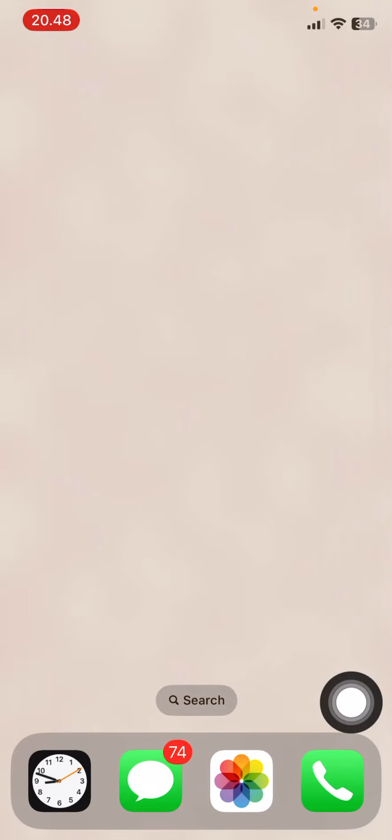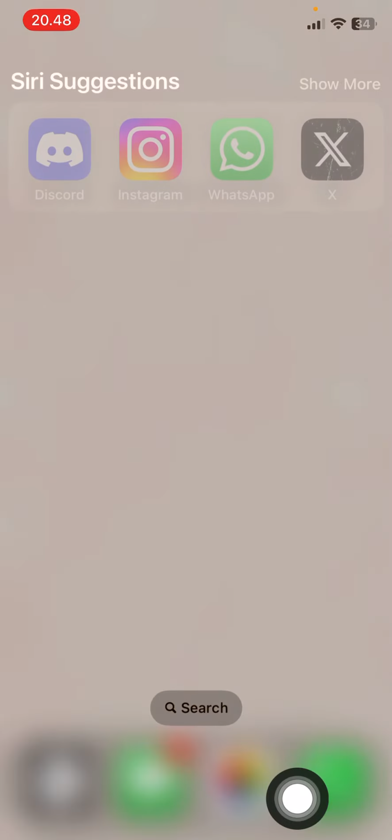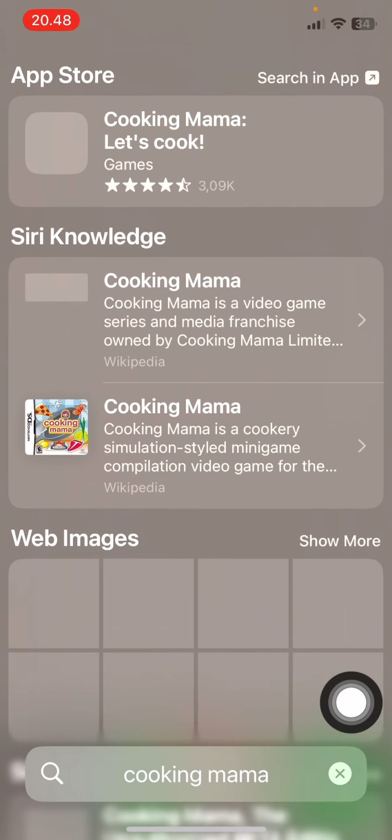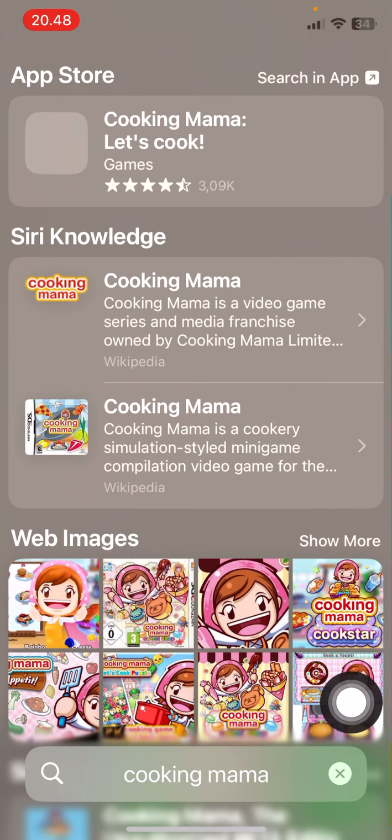In this video I'll be showing you guys how you can use the spotlight feature on your iPhone to easily search for stuff. You're going to drag your screen down to go to Siri suggestions, and you're just going to basically search for either an app or something that you want to download. I'm just going to search for Cooking Mama here, and then it's going to bring me to this